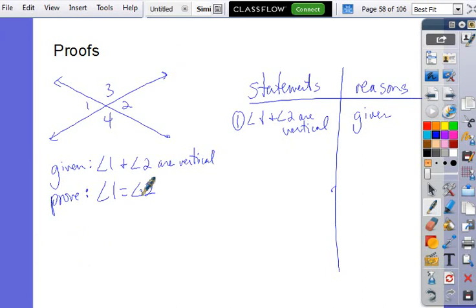All right. On this one, I want to prove that angle 1 is equal to angle 2. Well, we can't use that they're vertical, because that's what we're trying to prove. Does that make sense? If I'm trying to prove vertical angles are congruent, I can't say they're congruent because of being vertical. So we've got to do something else to show that they're the same. I'm going to do this first one kind of for you. We'll start by saying